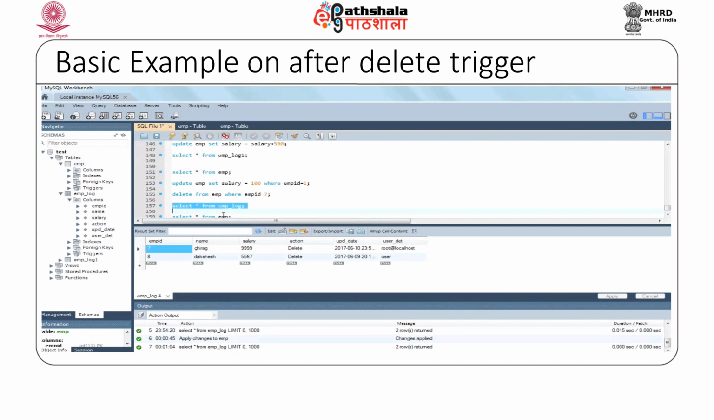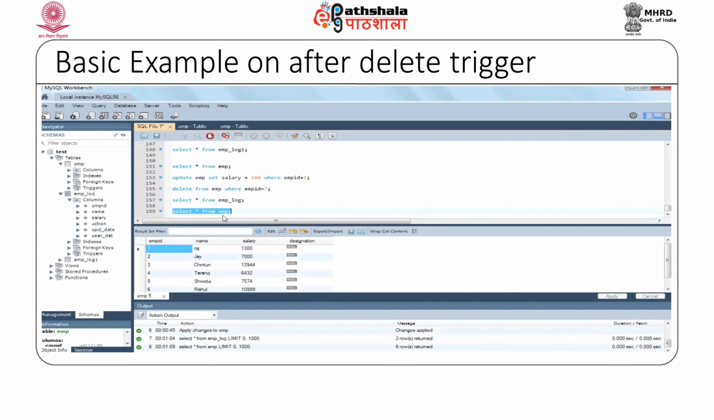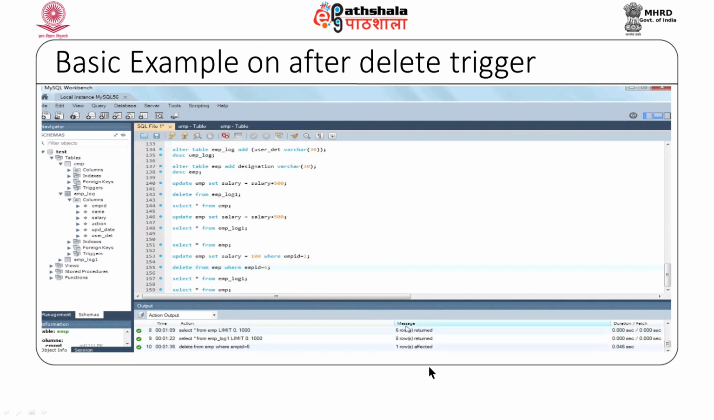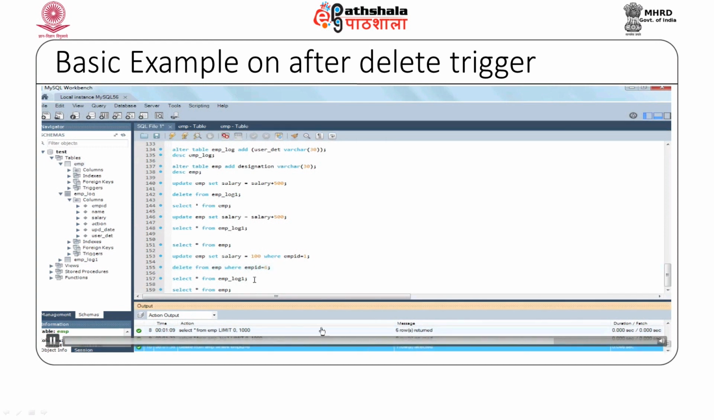Before that, my employee log has got 7 and 8, my employee has got data up to employee number 6. So, I will be deleting employee 6 Rahul. So, I say delete from employee where employee ID is equal to 6, and before that I also look into the employee log table which has got the update log entry as of now. So, I will delete from employee where employee ID is 6, one row affected, and now first of all